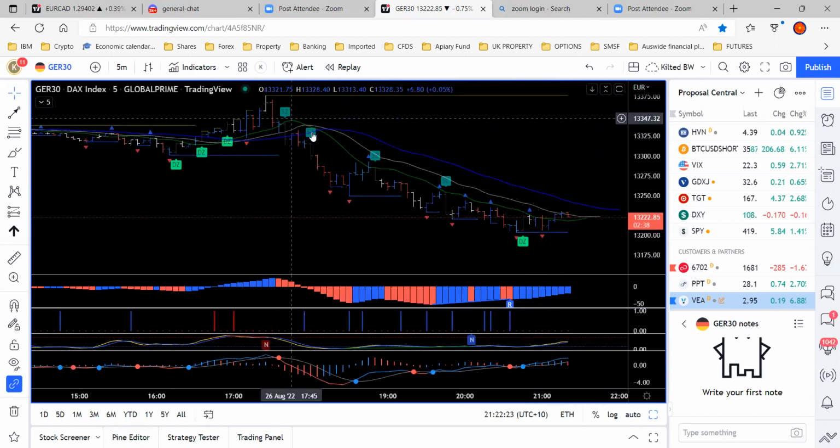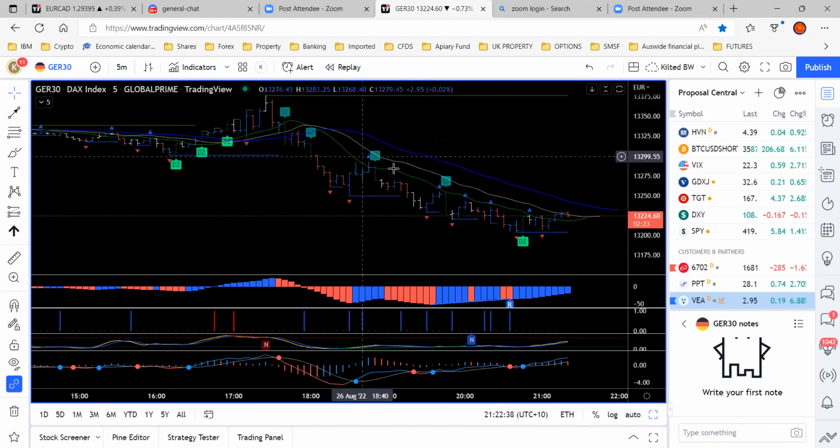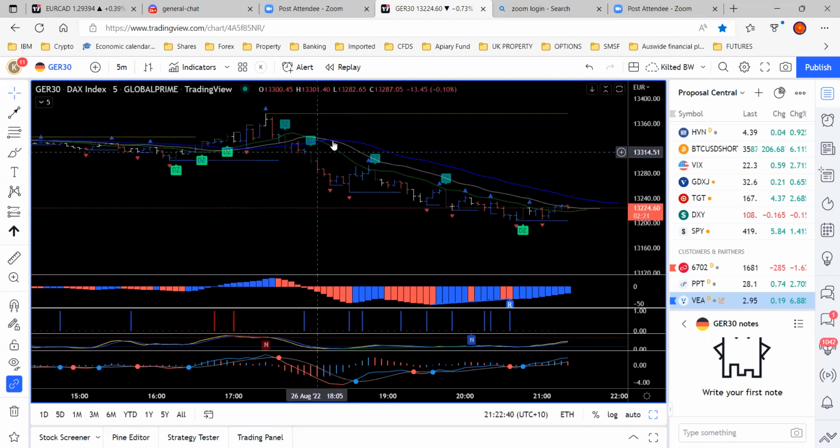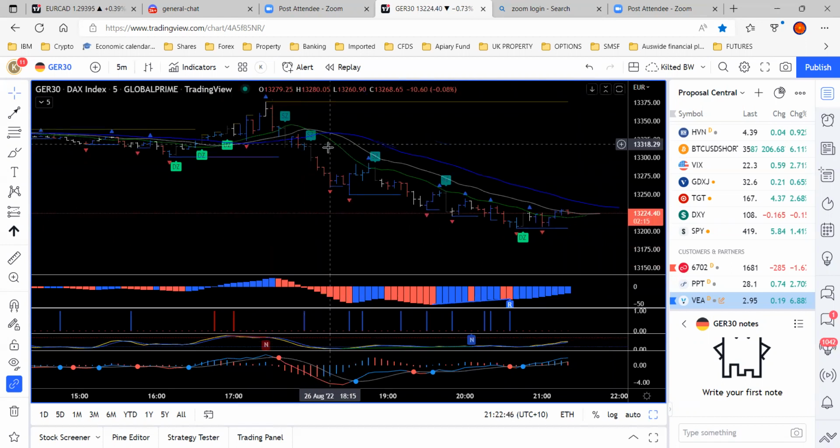is I will run a move down, and when I think it's going to turn, I'll take 70% of the move off the table. So I'll bank profit, then set the stop a little bit higher and just let it run. I'll be happy to take a paper cut loss. So I allow it to run, because if you see here, if you'd taken this move here and got in,